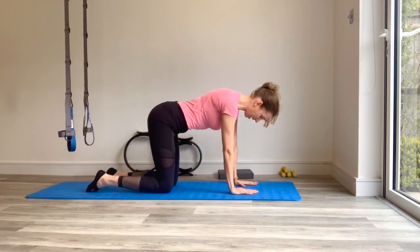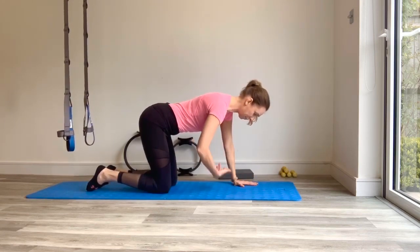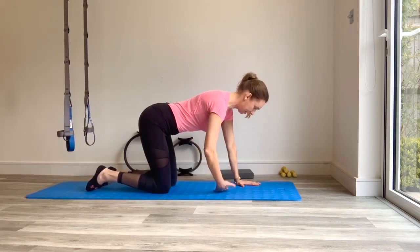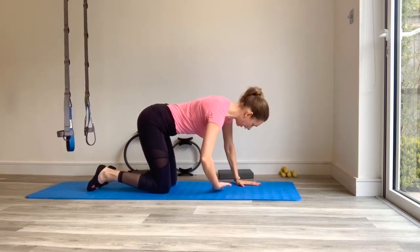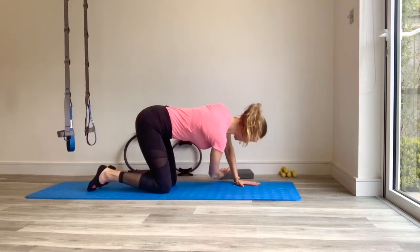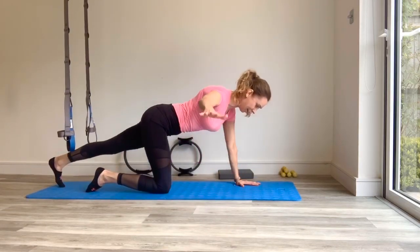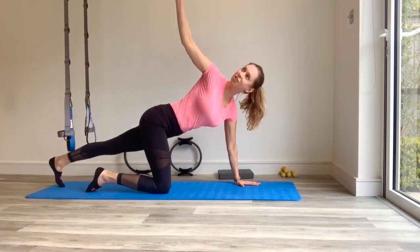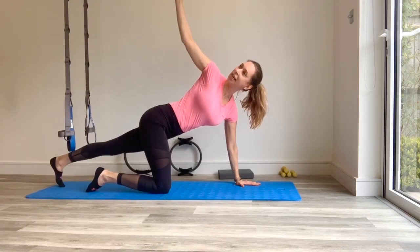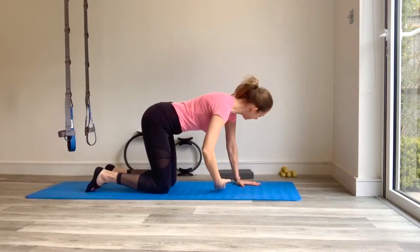So find the space underneath you, taking the right palm, face it up towards the ceiling, left elbow is now going to bend, nice long spine, and then we slide under, bending that elbow, reach, and then come back, and then slide the opposite leg out, toes under, turn, arm out, turn the chest, turn the shoulder, reach up towards the ceiling, and then come back. So you can slide the foot back without changing the spine, and slide under